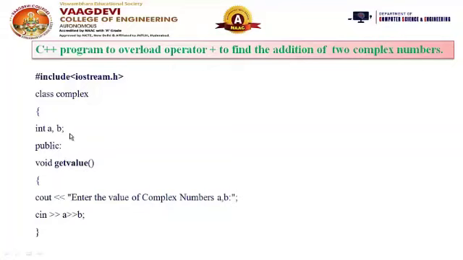The getValue member I am specifying with the public access specifier. So these functions can be accessed inside and outside the class. And this is the end of the getValue method. In the next statement, this is the definition of the operator overloading function, which performs operations on user-defined data types.